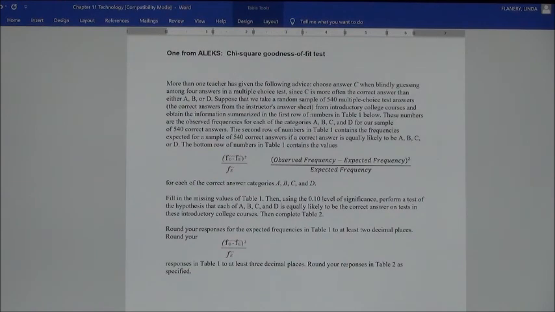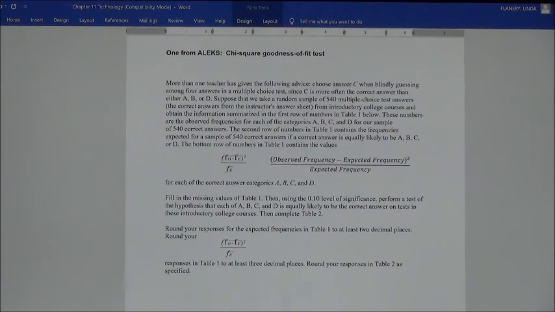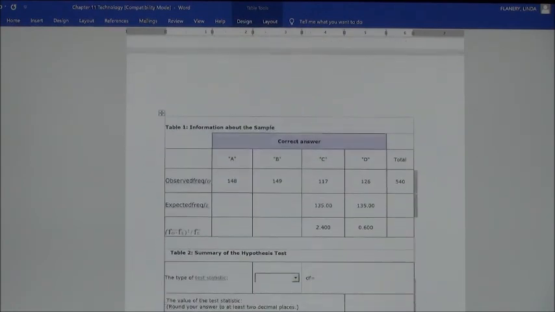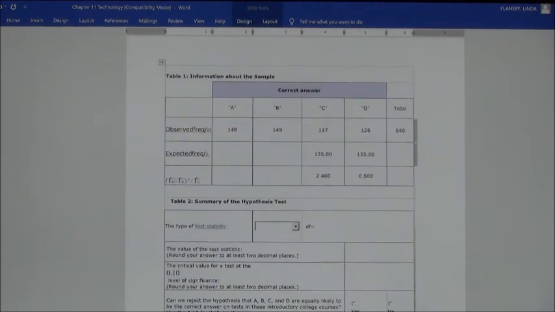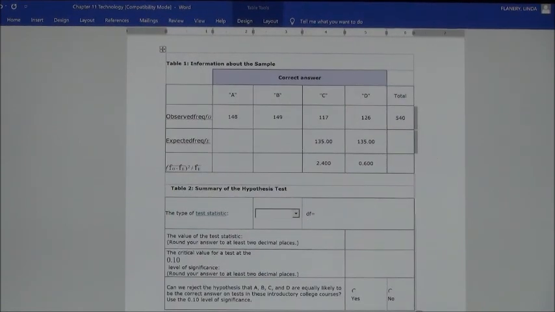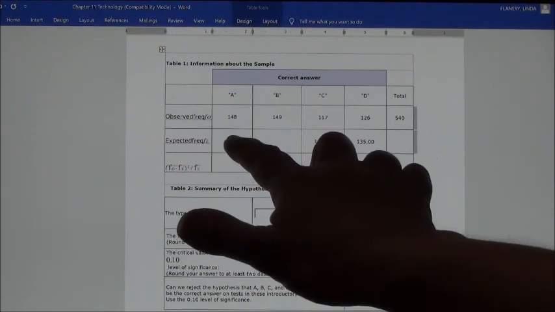Round your responses for the expected frequency in Table 1 to at least 2 decimal places, it says. Round to at least 2 decimal places and put your responses in Table 1 to at least 3 decimal places. Round your responses in Table 2 as specified. So, what you are going to see for putting in your values is a table that looks like this. As you can see, not all of the expected frequencies are in there, and so you have to fill in